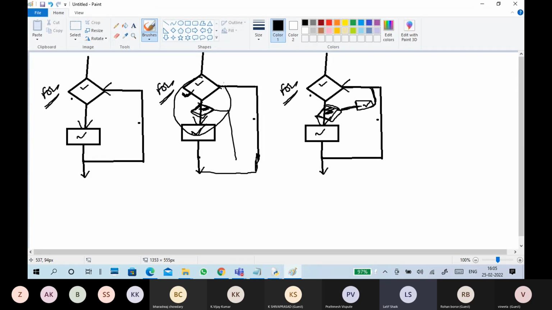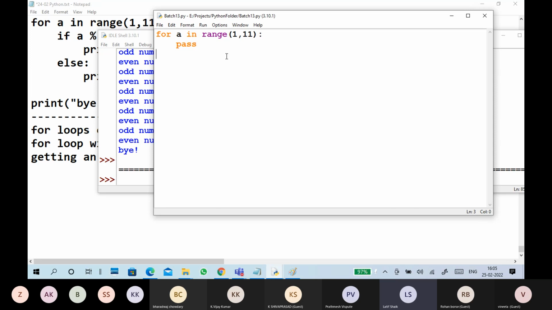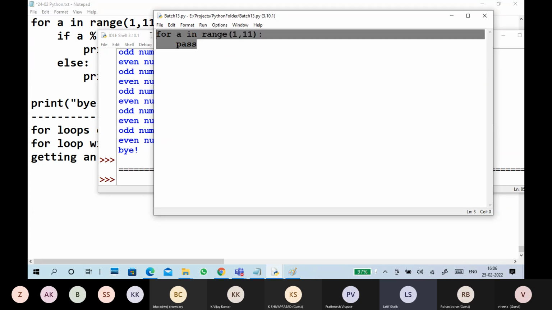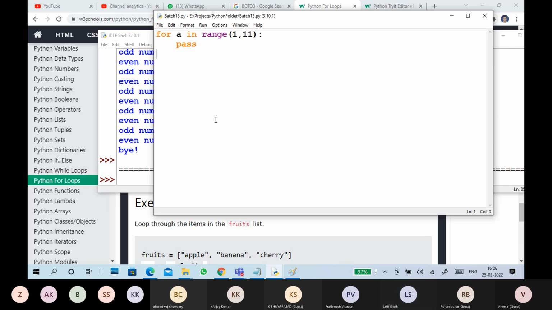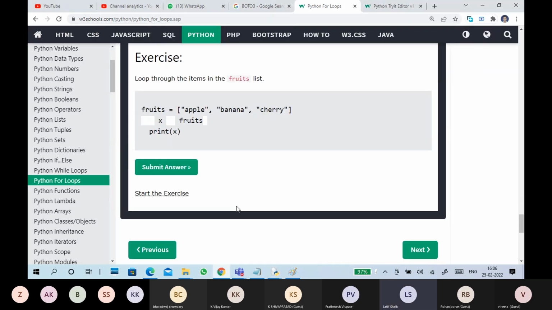As in a flow chart, you put a condition but you don't write a statement. So in case you don't write a statement, put a pass, then no problem. It won't throw you any error. That is the main use. If you forget it and execute, the program will fail.